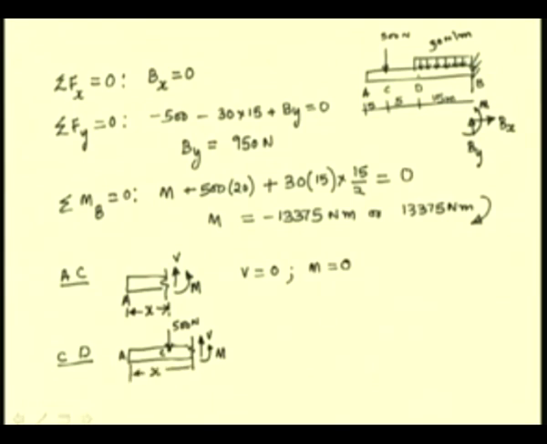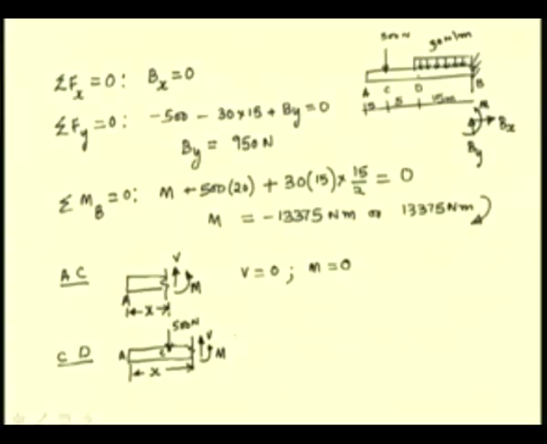Let us consider this section at a distance of x from A between C and D. For the equilibrium of this section, again we write the force summation and moment summation and equate it to 0. So, we have from the force summation minus 500 plus V has to be 0,